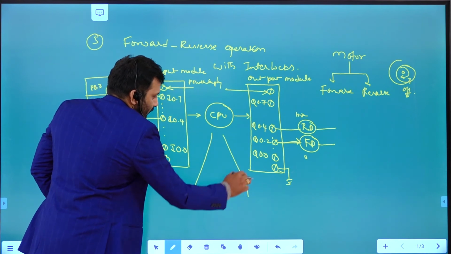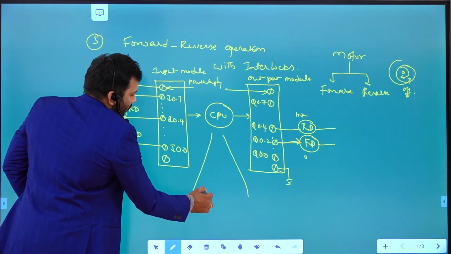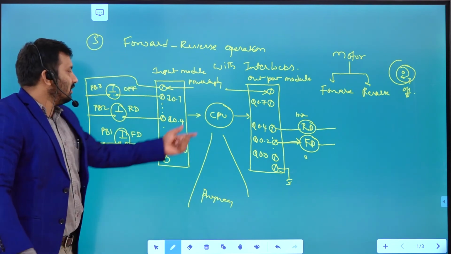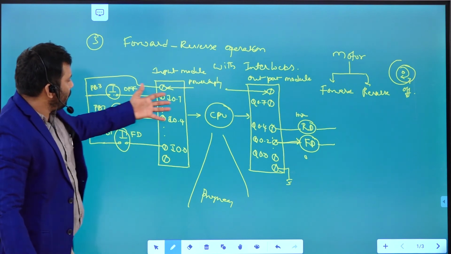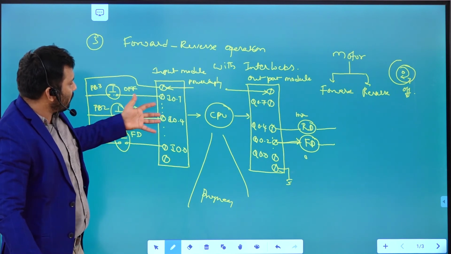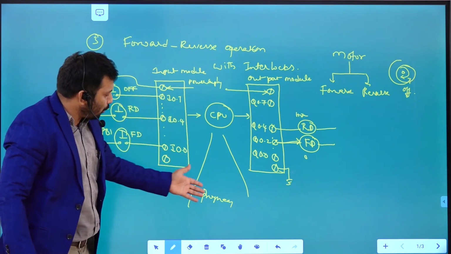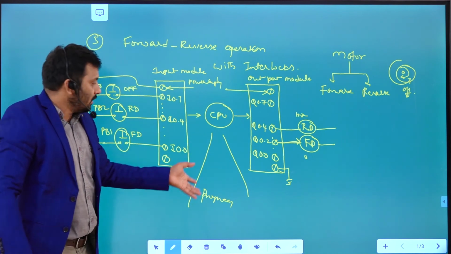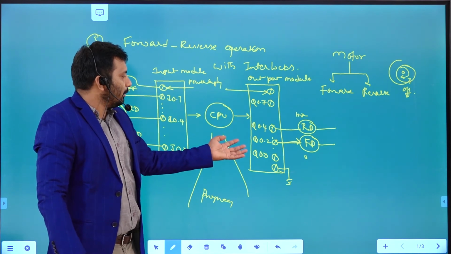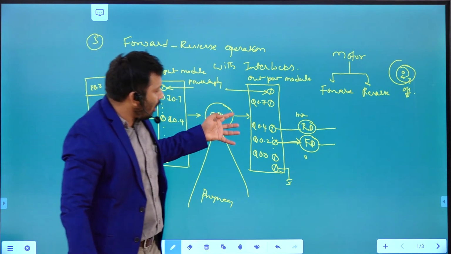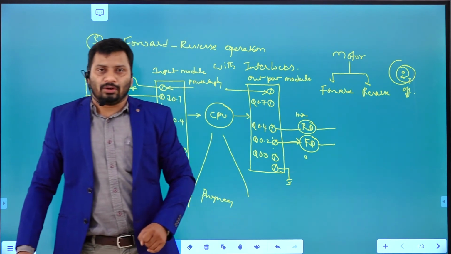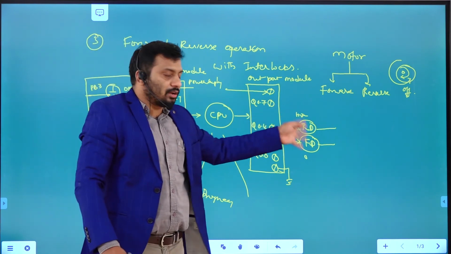Whatever program you wrote on the next page, previously we discussed, that program is going to be stored in the RAM of this particular CPU. What will happen? This is going to become the input image. This input image table, corresponding to the data coming from these 8 terminals, is going to act like input to this program. The program is going to be executed, and then the output image table is going to be updated. That output image table data is going to go out through the 8 terminals of the output module. That is going to control this particular motor.